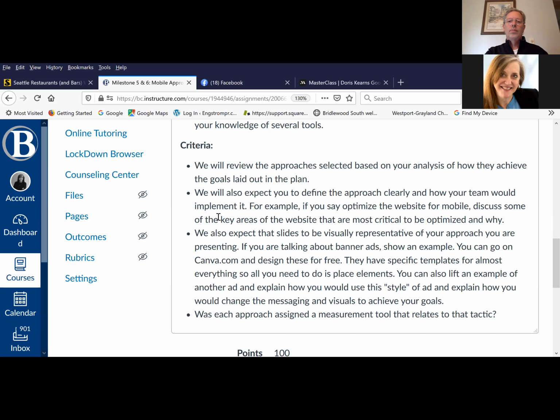So if it's all in one like that, it's really going to give us an opportunity to see your thought process. This is kind of all about strategy right now. It's all about you trying to take what you've learned about the company and the audience and everything and summarize it into the 5 tactics that are really going to hit home with that audience.